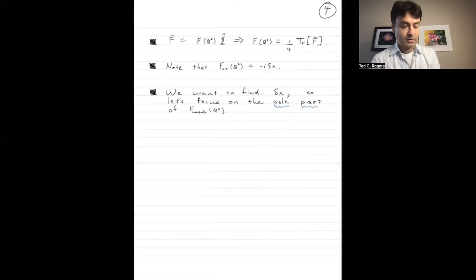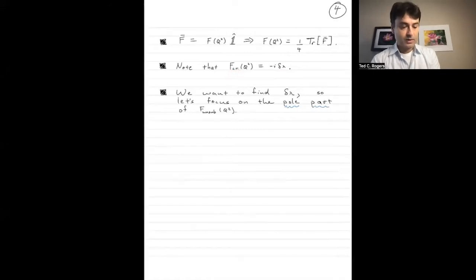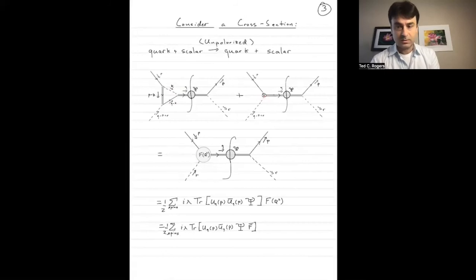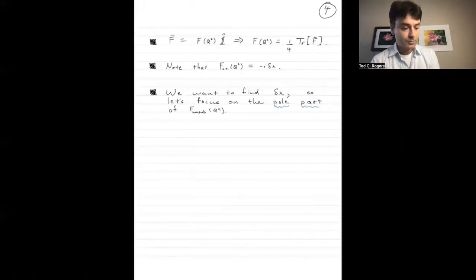So let me call that contribution to F subscript ct for counter term. And so we're going to have to calculate that F subscript ct from here, and we're going to have to calculate this diagram, which I'll call the F unsubtracted because it's before we add the counter term and subtract the pole. So we want to find delta lambda,